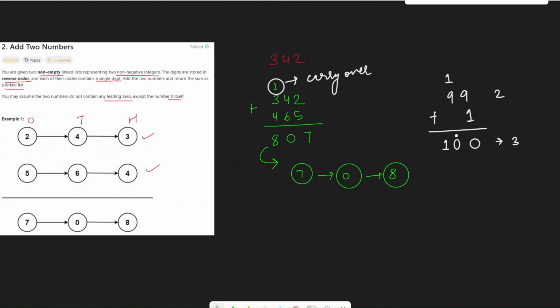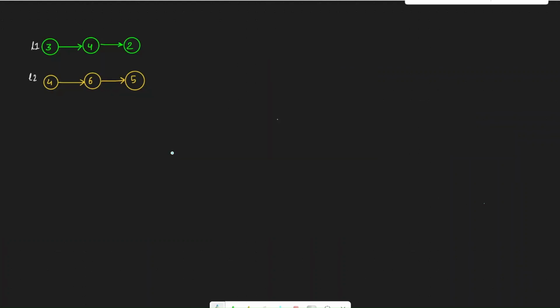And the third scenario is similar. We have 9 plus 1. Both the elements are present in the linked list, but here the element is missing. We don't have any element in the second linked list, which means if it is None, we need to replace it with 0 so that we do 9 plus 0 plus 1, which gives us 10. So we have to make this replacement as well. On the basis of these three concepts, we're going to design our solution.